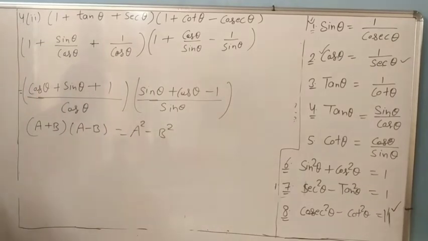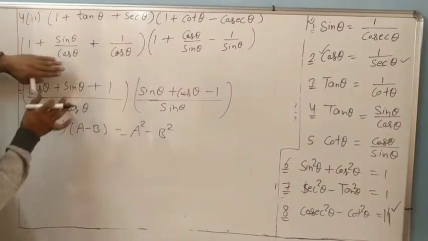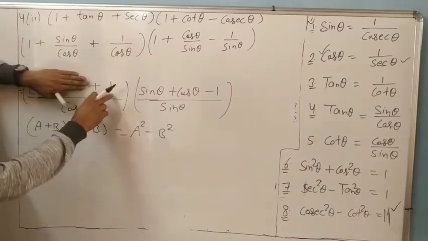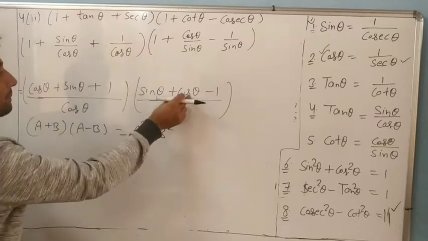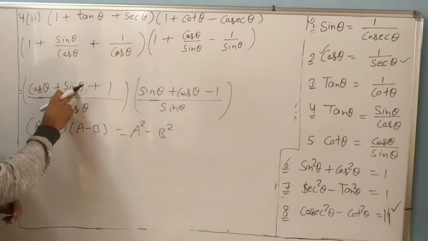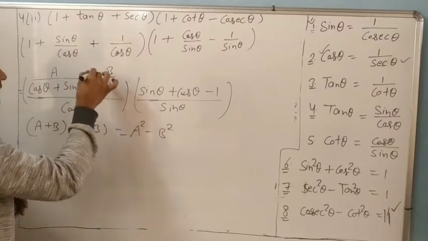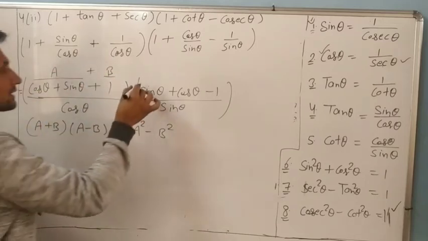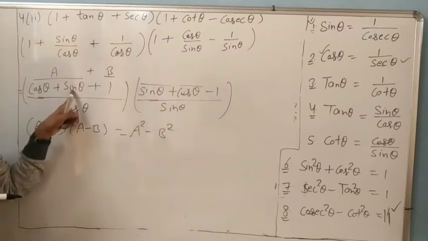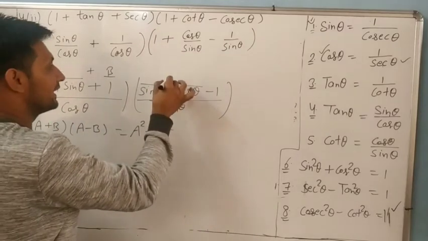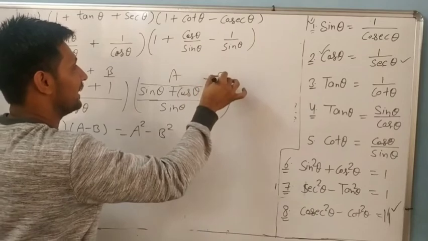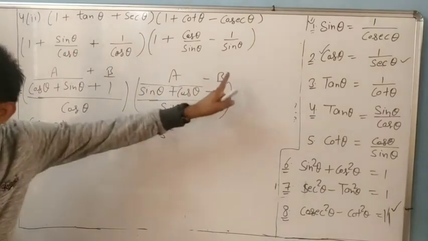Look here, a plus b and a minus b is possible. Yes. Sin plus cos is a plus b. It is also sin plus cos. It is value a. It is value b. A plus b: sin plus cos. Here what we took? A. So it is a, so it is minus, and it is b. B is 1.